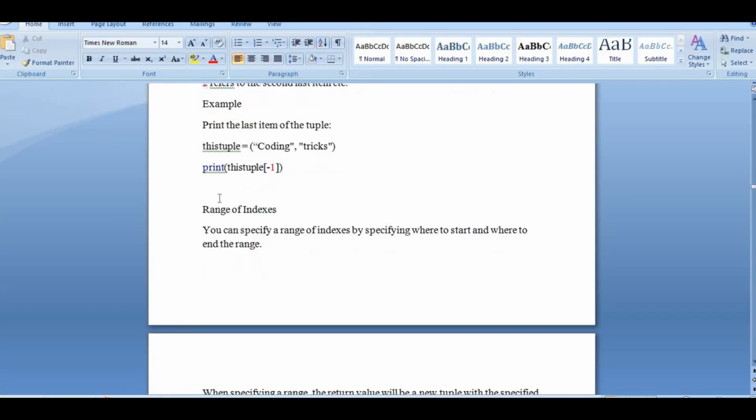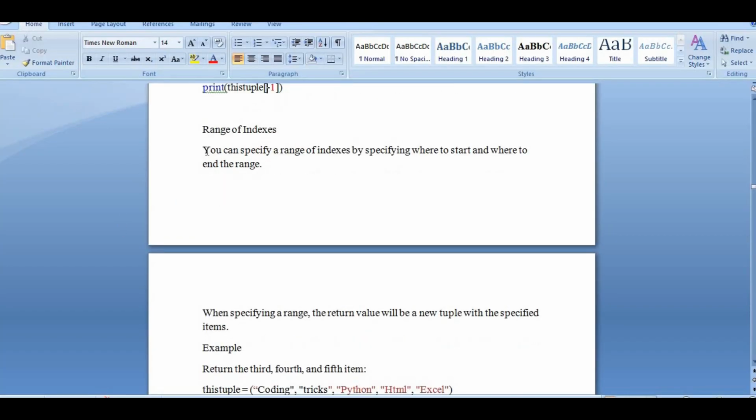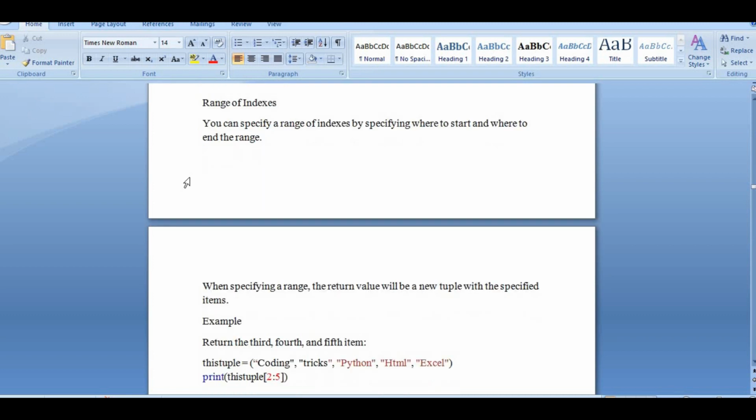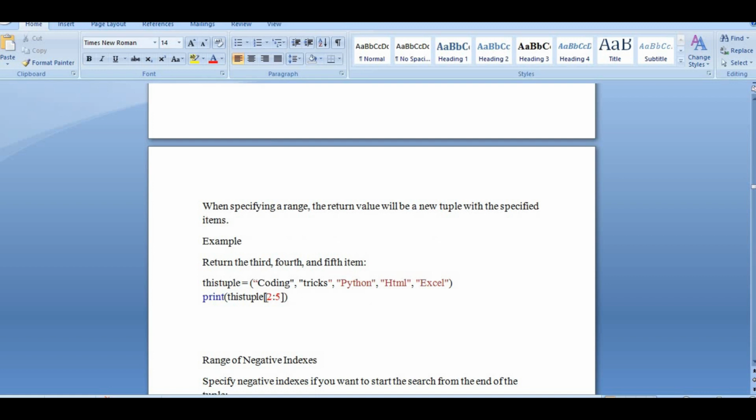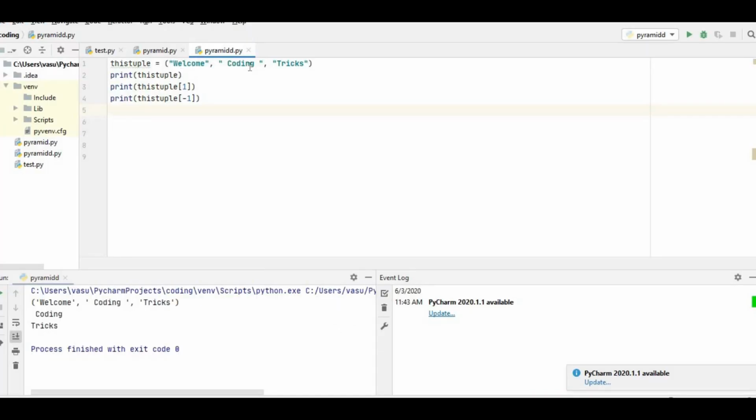That means the indexing part. Also you can give slicing, like a range of indexes. Here I have given tuple 2 to 5, that means from the 2nd object to the 5th object. I will copy this. From the second string to the 5th string it will come.